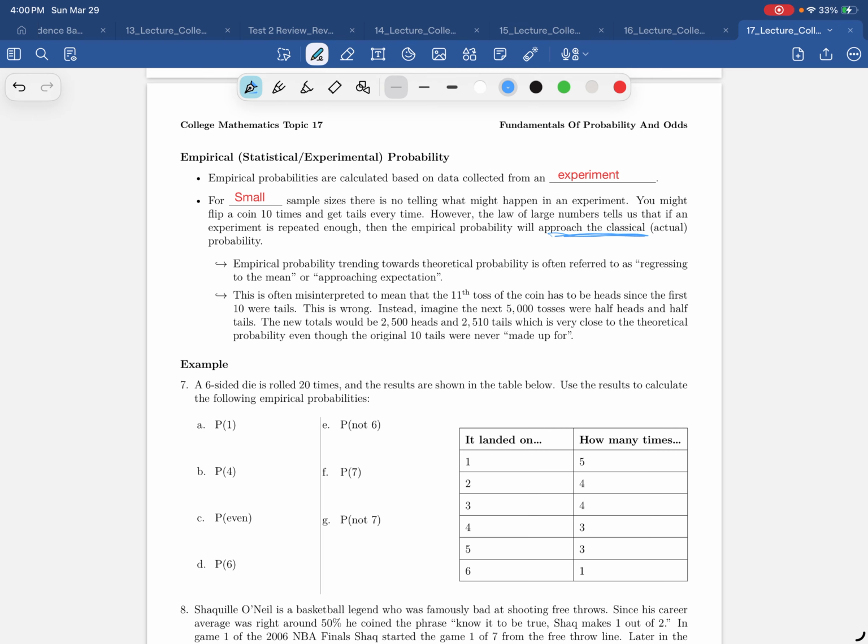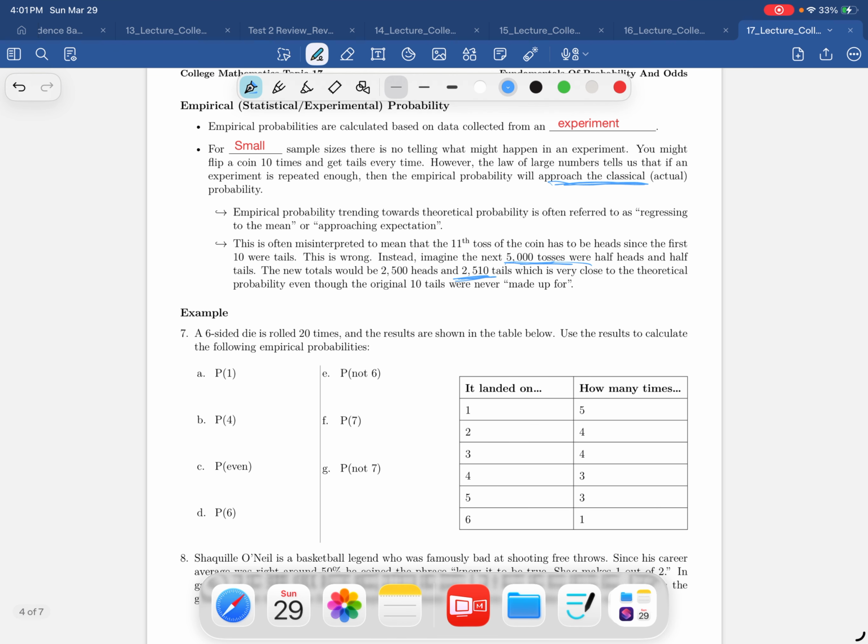Okay, what happens really is in the long run, in the next 5,000 tosses, we would expect about half of them to be heads and about half of them to be tails. But you wouldn't be totally shocked if you got a few more tails than heads, right? It's going to be close, but it's probably not going to be exact. In fact,